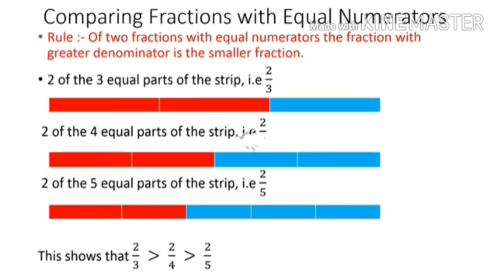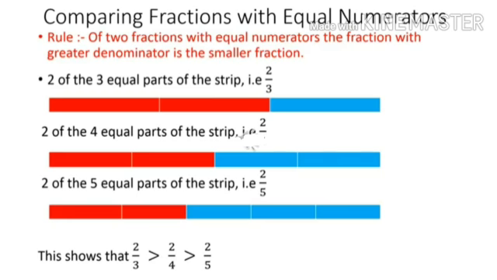Next strip, 2 of the 4 equal parts are colored. So we have to write it as 2 upon 4. And the same strip, again it is divided into 5 equal parts, out of which 2 are colored. This can be shown as 2 upon 3 is greater than 2 upon 4, which is again greater than 2